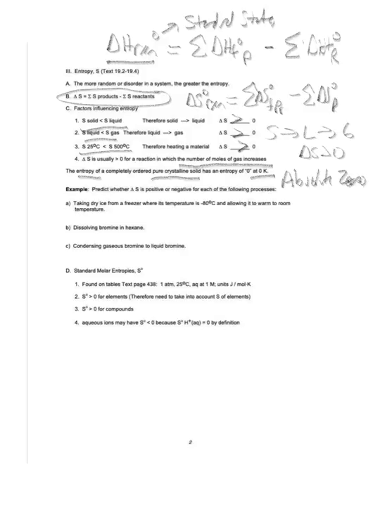All right, so let's look at a couple examples of this and how we can predict a sign of entropy. So take a couple seconds there and look at A and B and C. So in A, taking dry ice from a freezer where its temperature is -80 and allowing it to warm to room temperature, what do you think will happen to the entropy of the system? Will it be an increase or a decrease in the entropy? You are correct. The entropy will increase as we go from the dry ice from the -80 to room temperature,